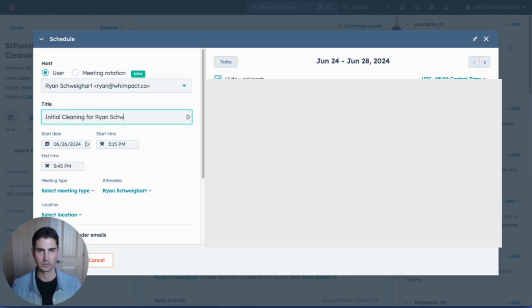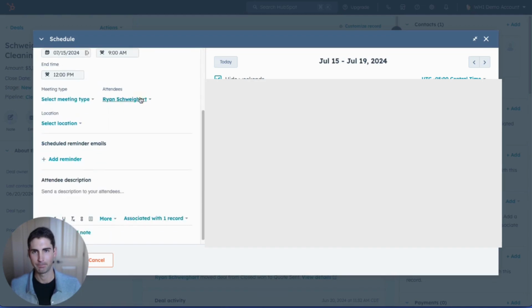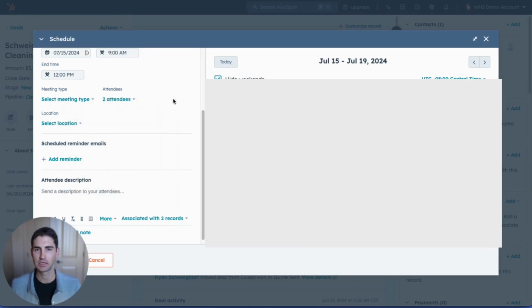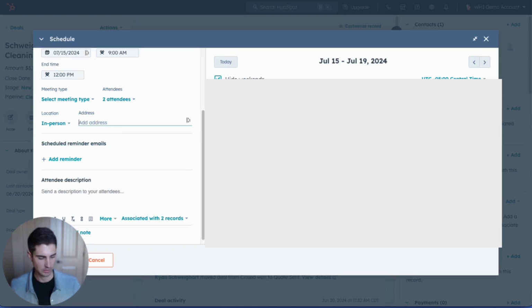for, and then what I want to do is hop over here and say, let's do the 15th on Monday, and it's actually going to be a 3-hour cleaning. So we'll select that there. The attendees will make sure that we select the associated contact for the meeting itself. For the location, we'll put in the person's address